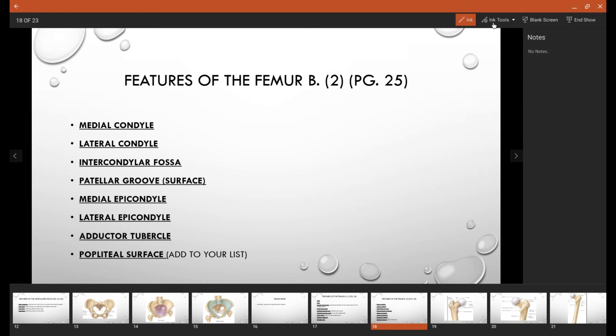Also, what we want to note here, this next structure, the adductor tubercle, is found on the medial aspect of the bone. So it's found on the inside, the same side that we find the head of the femur on. So that's medial. And when we get to muscles later on, the adductor magnus is going to be what inserts